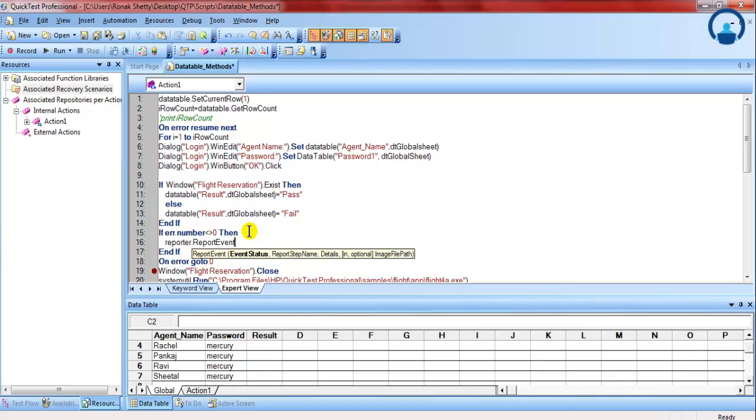I have explained Reporter.ReportEvent to you. This is an inbuilt method wherein QTP takes in the status of the event. QTP takes this status and it will give the pass or fail result in your result summary. So Reporter.ReportEvent micFail, because if the error number is not equal to 0, that means some error has occurred, comma, I can give the step name, say step